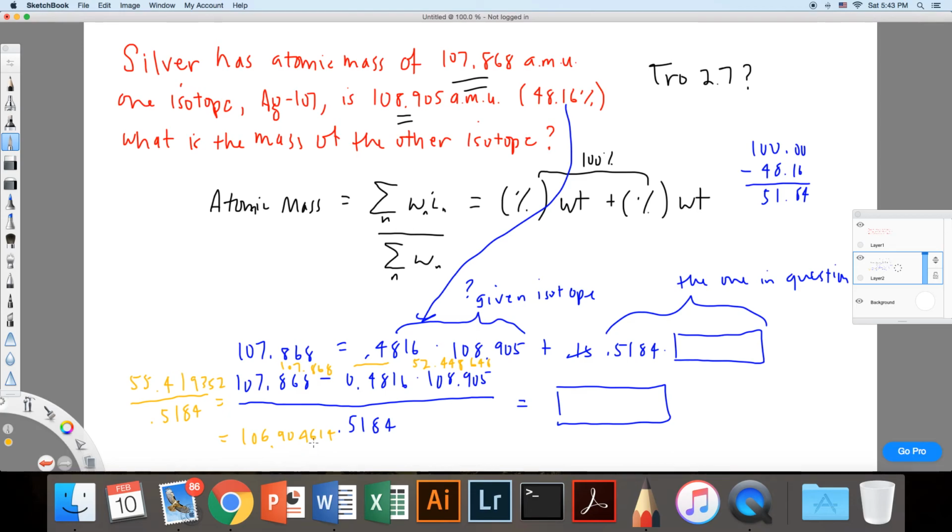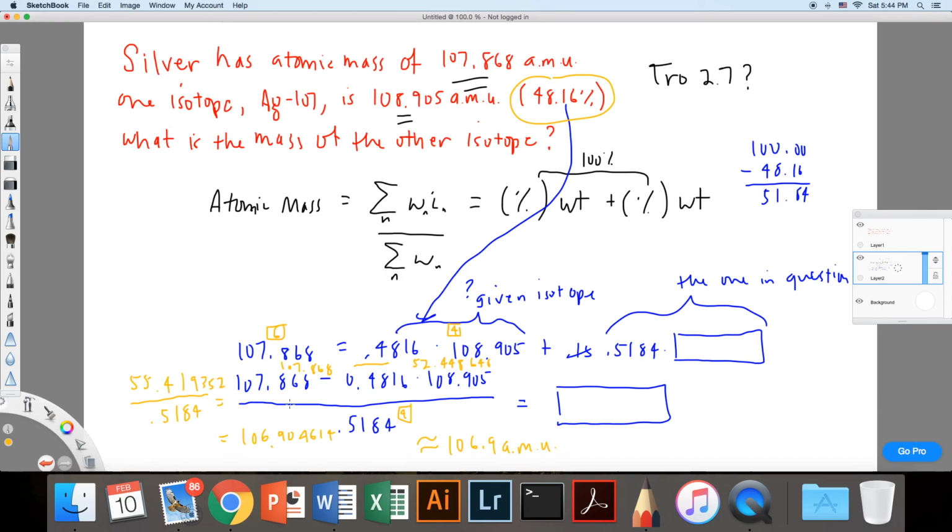We've got to figure out how many sig figs we have here. So this is a multiplication problem. This number is going to have 4 sig figs there. This says 6 sig figs, and it's divided by 4 sig figs. You agree this has 4 sig figs? So this is going to be 4 sig figs, so this is going to go to 106.9